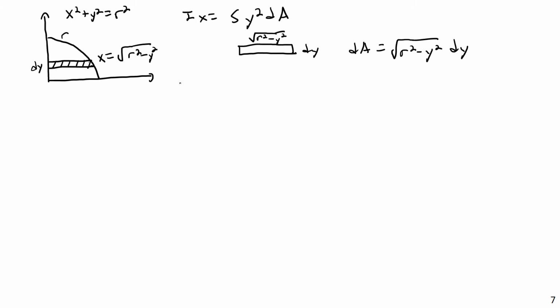So then we can set up our integral, and Ix is going to be equal to the integral from 0 to r, integrating in y from 0 to r of y squared dA. And this is then going to be equal to, just substituting in our dA term that we'd already developed, the integral from 0 to r of y squared times dA, which again is square root of r squared minus y squared,